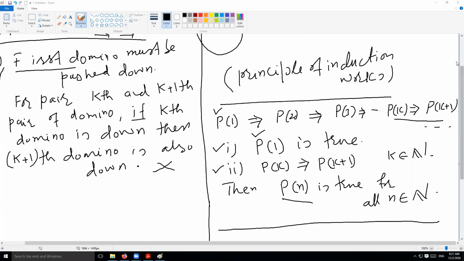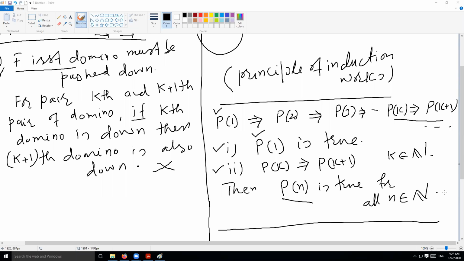All right, so this is the precise statement, and this is an explanation. You might have seen this induction in your FSc classes, and you must be pondering that first you are proving for n equal to 1, and then you are saying to prove it for k plus 1 by assuming that it's true for k. You might have seen all such things in your classes, but now we have formulated it precisely.